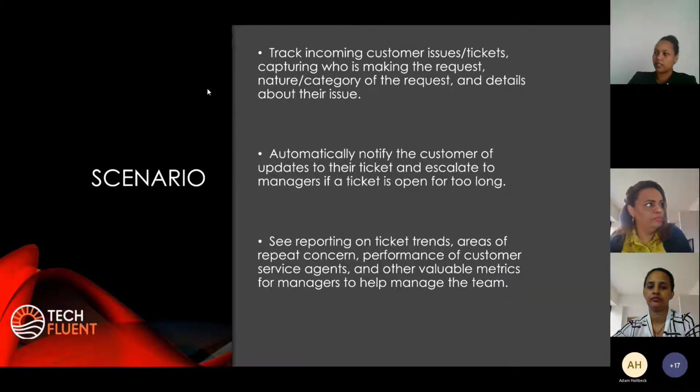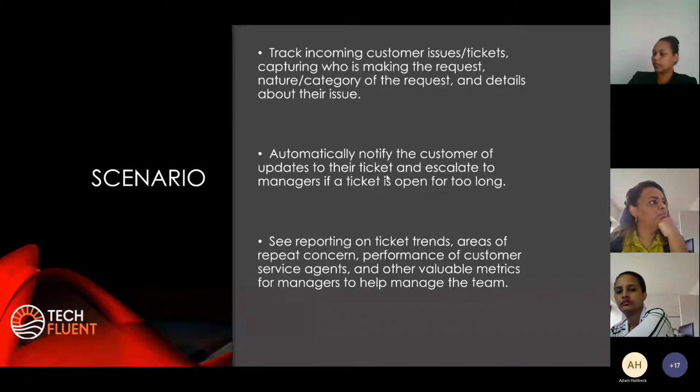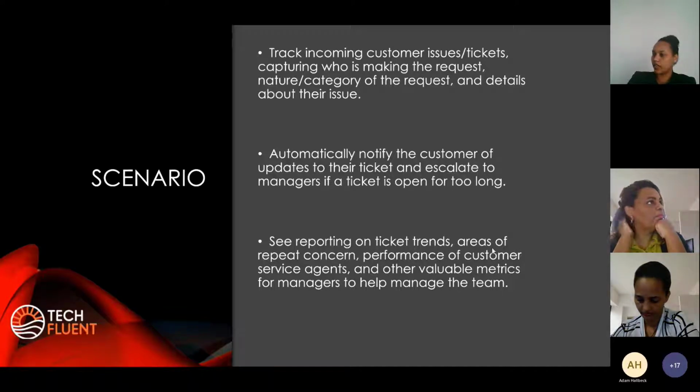The scenario is to track incoming customer issue tickets, capture who is making the request, the category of the request, and details about their issue. Automatically notify the customer of updates to their tickets, and escalate to a manager if a ticket is open for too long. Reports on tickets track areas of repeat concern, performance of customer service agents, and other important things to present